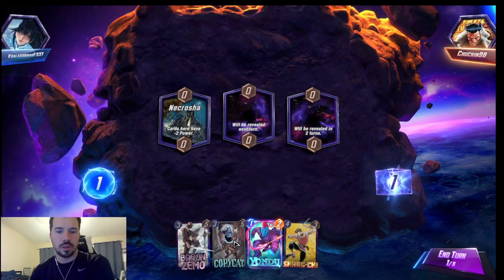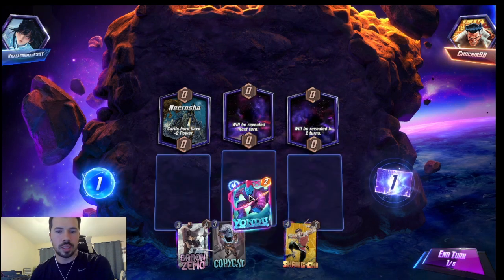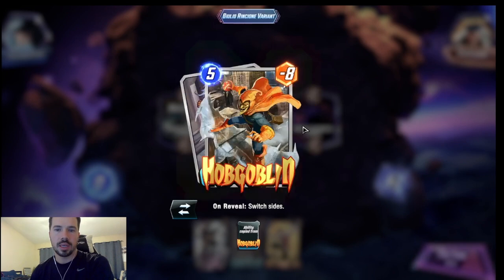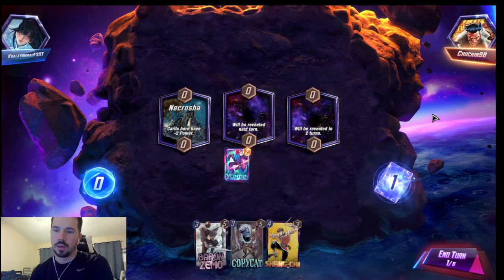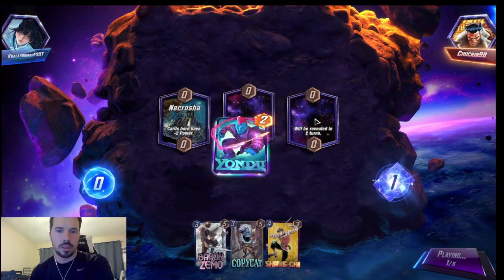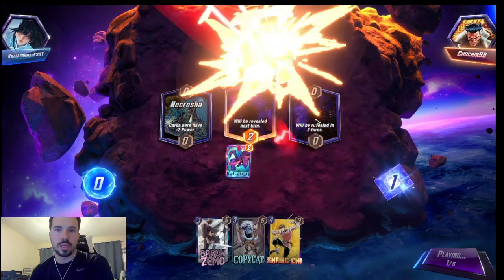We have our Yondu in hand. We'll play middle lane. Sounds good. Our Copycat did steal a Hobgoblin, unfortunately, so we will not be playing this anytime soon. We do know that we are up against